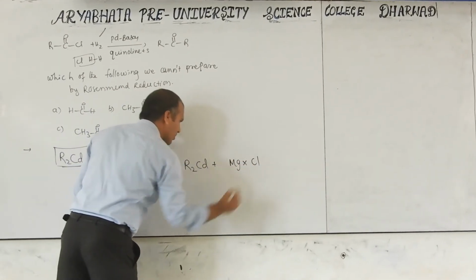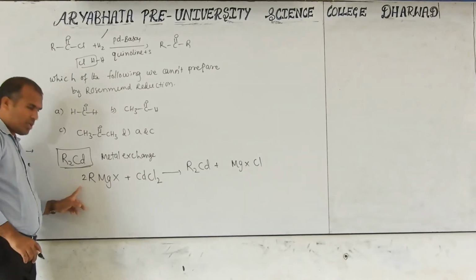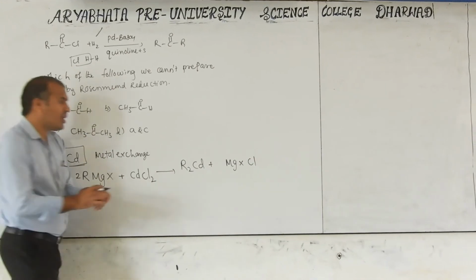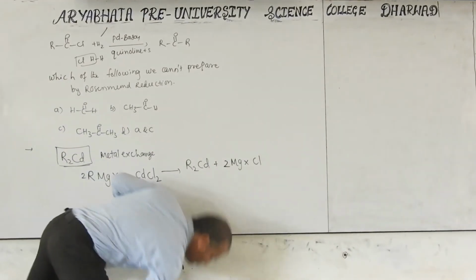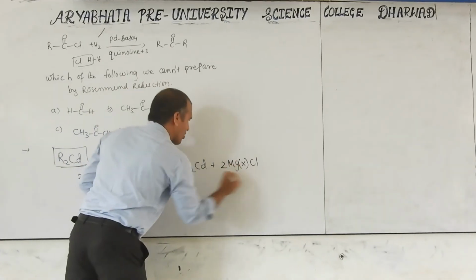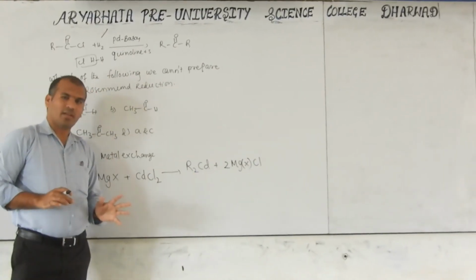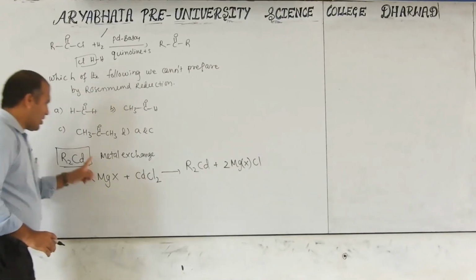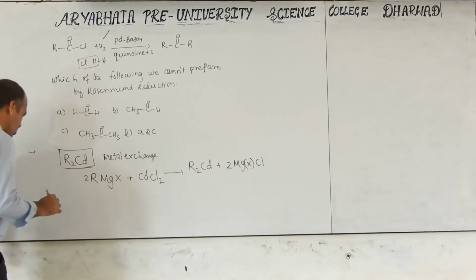Now this magnesium, MgX and Cl. How many X are there? 2. How many Mg are there? 2. How many chlorines are there? 2. That's why it can be converted into like this. If you want a line of that, no problem. Okay? So like this is taken. Then this is called the dialkyl cadmium reagent, used to convert acid chloride to the ketone form.